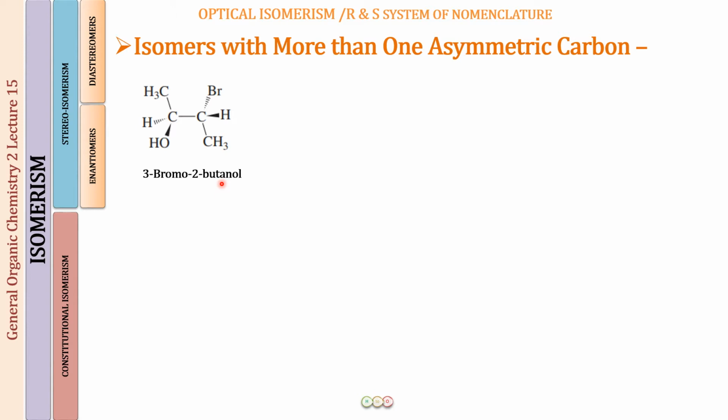For that, we understand that in this molecule we have two chirality centers, C2 and C3. They are both chirality centers because if you look at C2, it has a CH3, an H, an OH, and this group, so 4 different groups. Similarly, C3 has 4 different groups attached to it: a bromine, a hydrogen, a CH3, and this group. So C2 and C3 are two chirality centers.